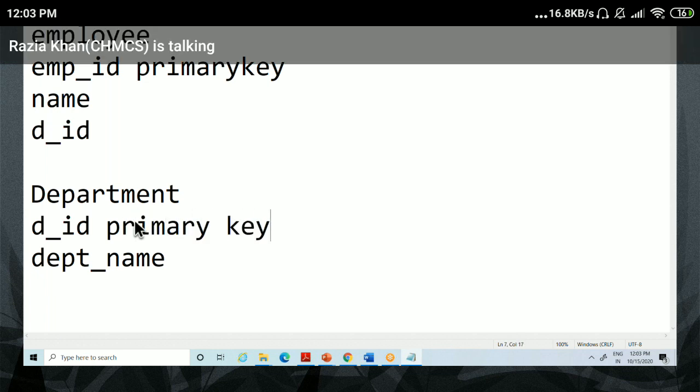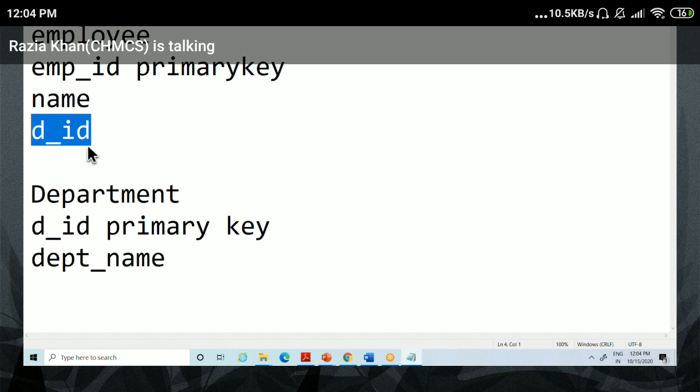So everyone just type the answer. My question is, if I want to add a foreign key on this department ID column, which is present in the employee table, everyone type the syntax for this question. I want to apply a foreign key on this column, department_ID.